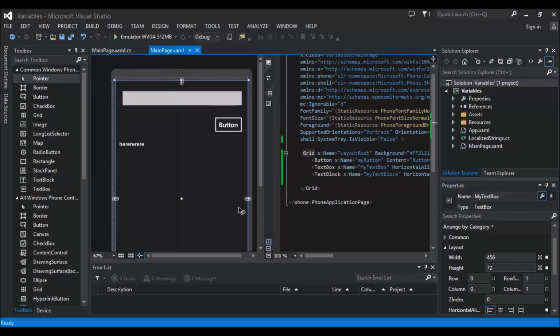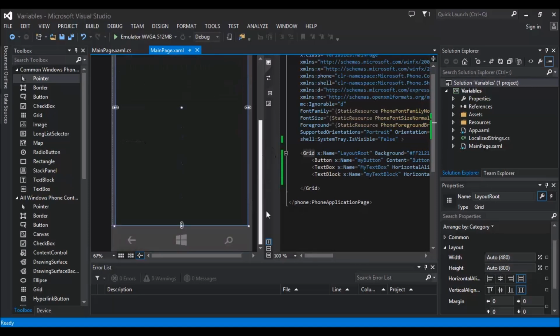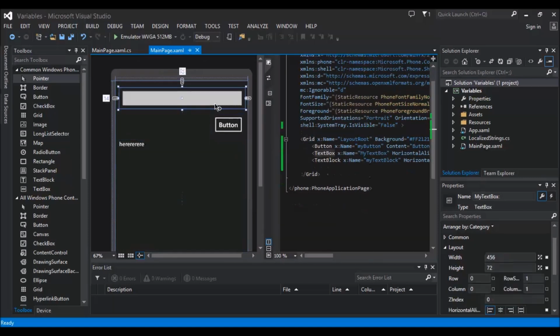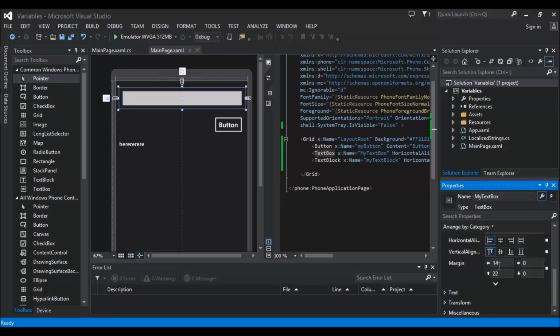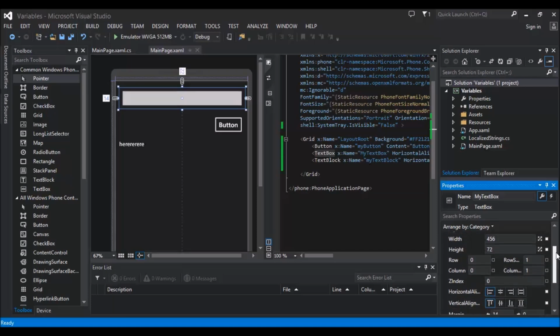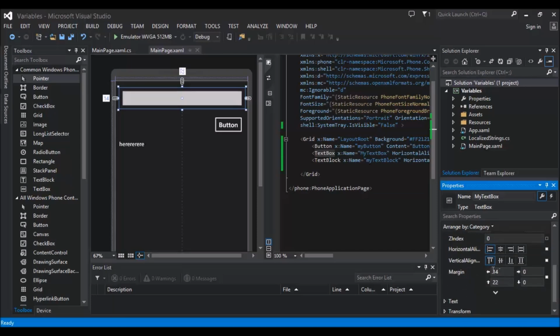Whereas if you click on the actual layout root itself, you'll see that it's automatic. In this case, the automatic sets to 480 width and 800 height because it's the size of the screen on the page. If you go back to your text box, you'll see that down here where we have the margins, this is where our problem would come. Say our page for some reason became 800 wide, not 480. Our box would remain the same width, sorry, of 456. And because the margins just set themselves to make it work when we threw it down, it's left its vertical alignment at top and its horizontal alignment at left, which means that it will go from the left